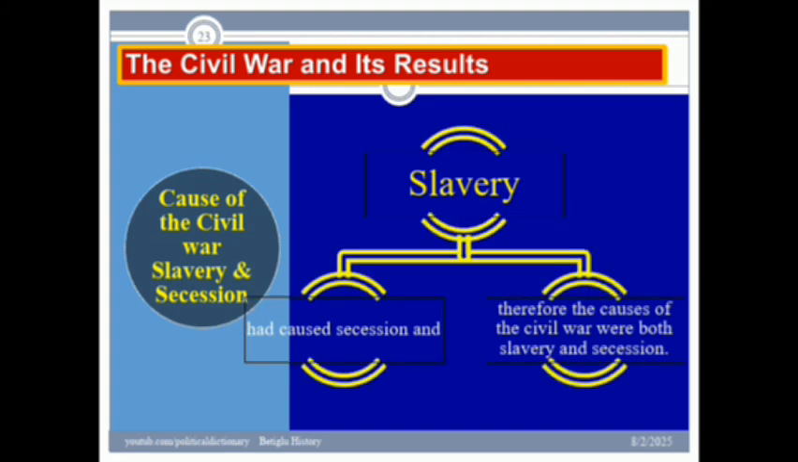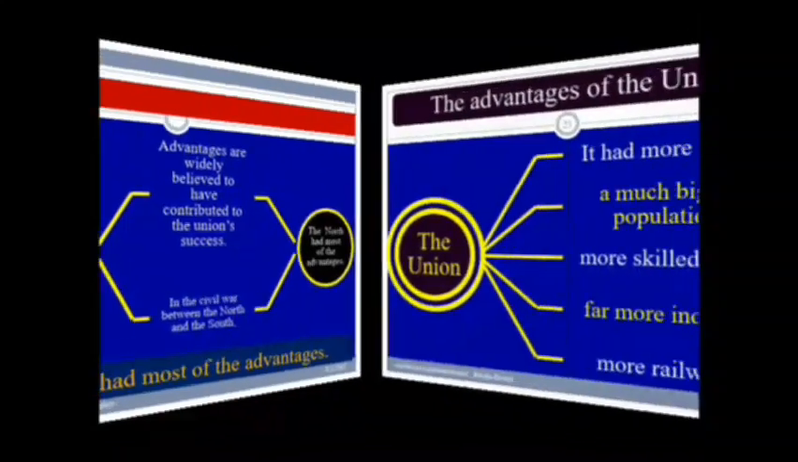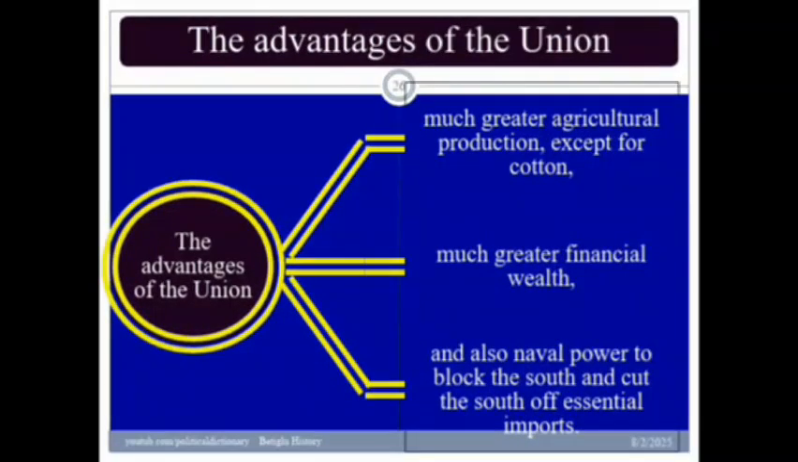Why the Union prevailed, or why the Confederacy was defeated, in the Civil War has been the subject of extensive analysis and debate. Advantages are widely believed to have contributed to the Union's success. In the Civil War between the North and the South, the North had most of the advantages. It had more states, a much bigger population, more skilled labor, far more industry, more railways, much greater agricultural production, except for cotton, much greater financial wealth, and also naval power to block the South and cut the South off